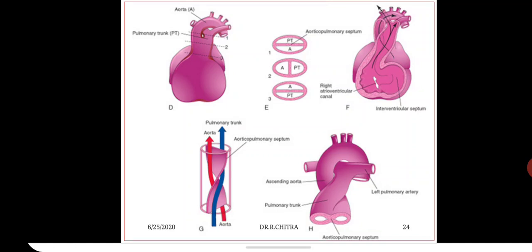More distally, the aorticopulmonary septum is coronally oriented. Now the aorta lies in front of the pulmonary trunk. So again, if you see in the lower part, you can see the spiral shape. How it is spiral, you can understand. And the red color indicates the aorta, the blue color indicates the pulmonary trunk, so that this forms the relations in the adult heart. So these are the different relations between the ascending aorta and the pulmonary trunk.